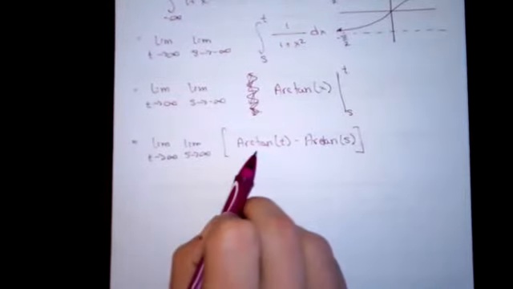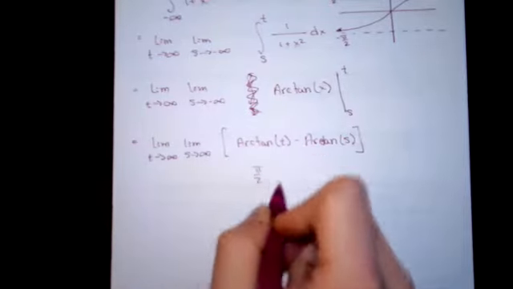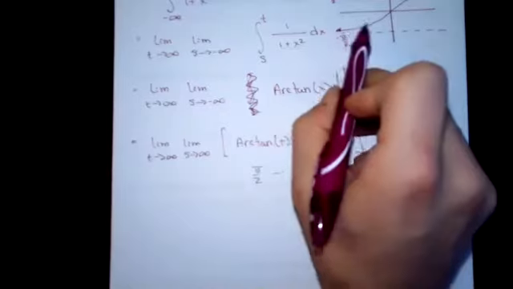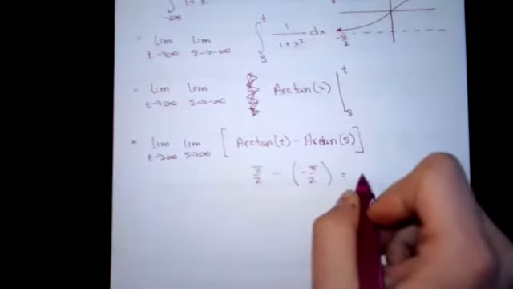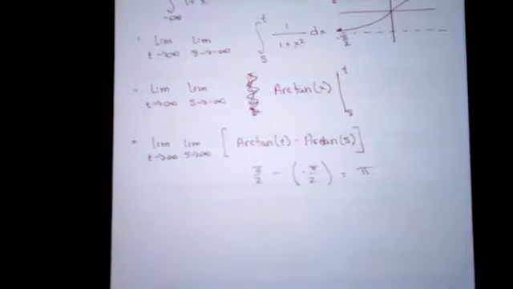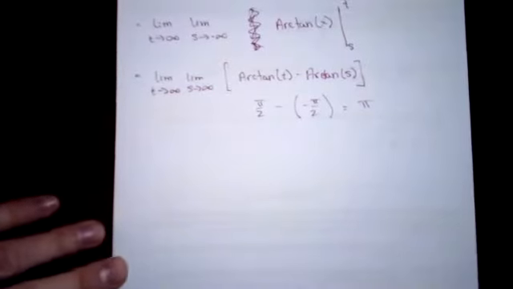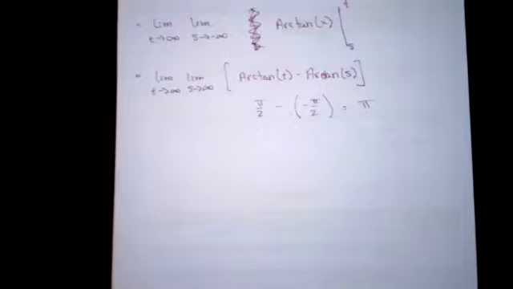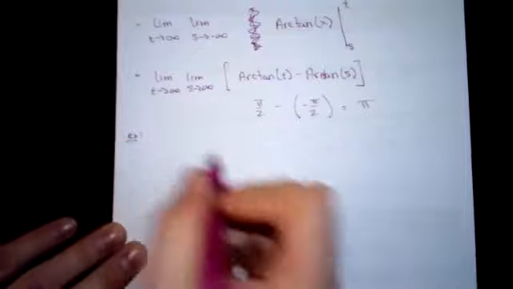So of course, what's the limit when arctan goes off to infinity? It's going to be pi over 2. When it goes to minus infinity, negative pi over 2. And we just get pi. So nothing too tricky with that example. Just got to remember your arctan limits. Some of these other trig functions might be coming up here as well. Just got to remember all the pre-calc and calc skills you've learned.